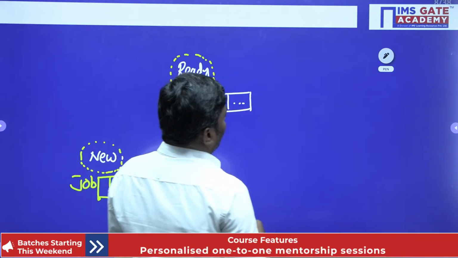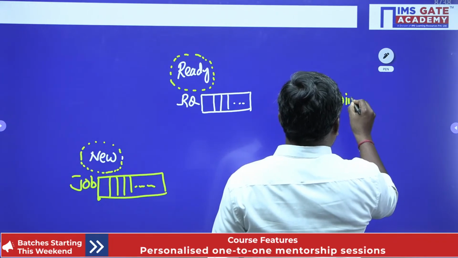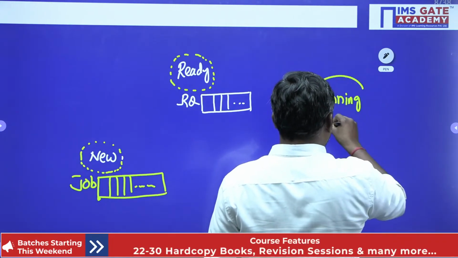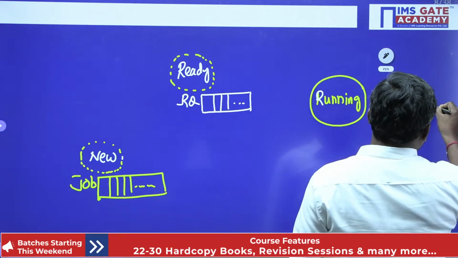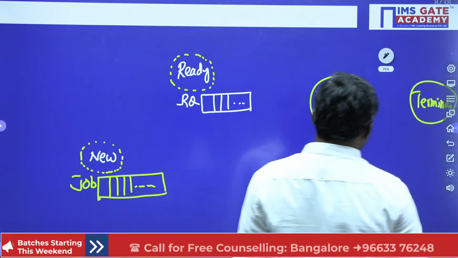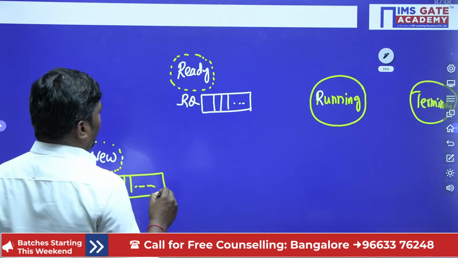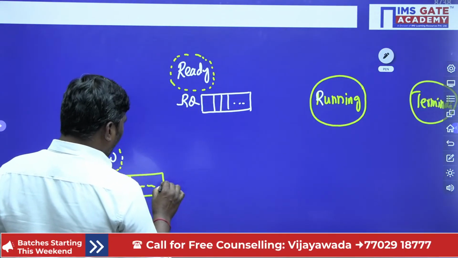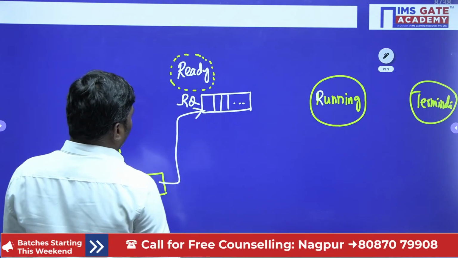Now here is running. I am marking a circle because this is an action that is performed. Termination is also an action, where we terminate the process, so I am marking it like this. Clear? Now here is the block. Please understand, we take the process from the job queue and place it into the ready queue. Whenever a process gets created,